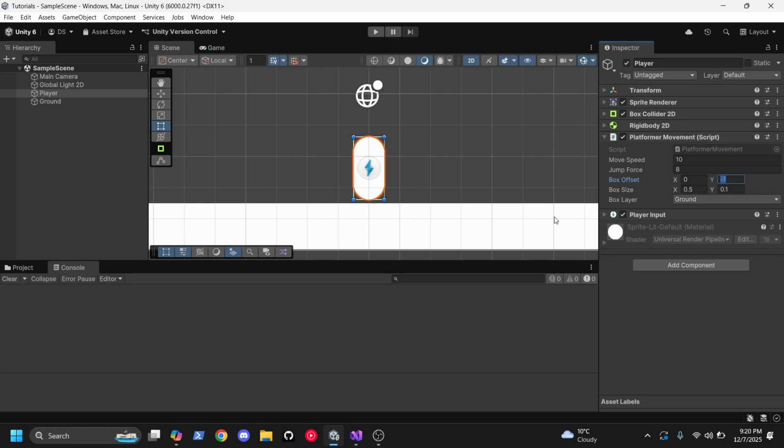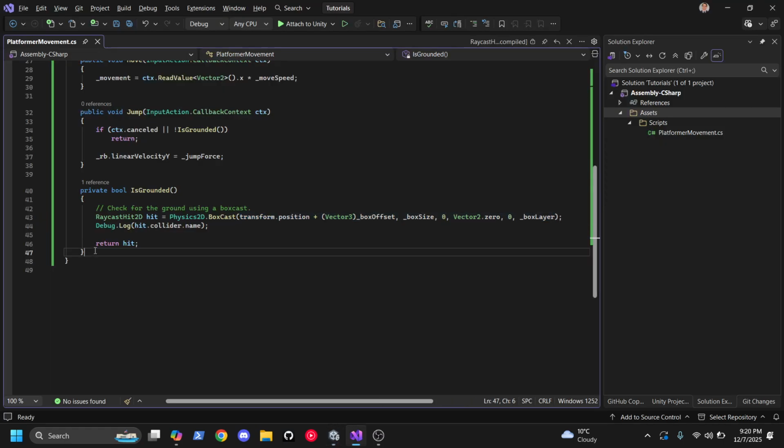We can't actually tell. BoxCast doesn't literally draw the thing, obviously. It just imagines there's a box there. But we want it so if we're in the edit mode, we can actually see a little box where our BoxCast would be, so we can more easily test things. So let's do that. To do that, under our private bool is grounded, we're going to add a private void